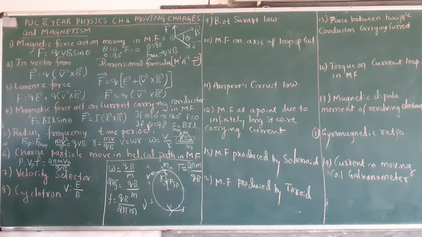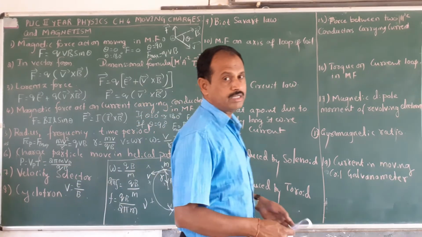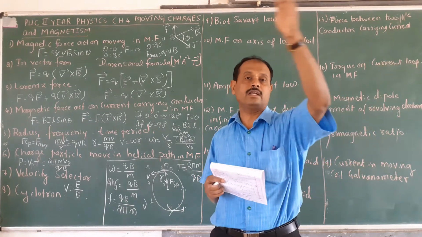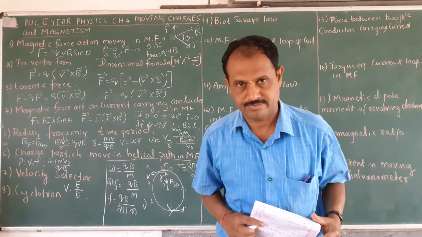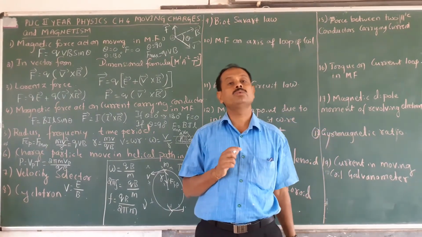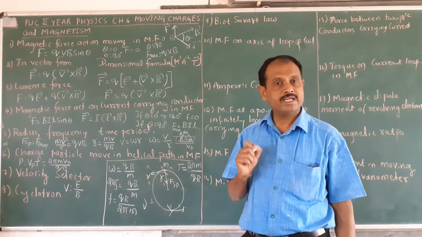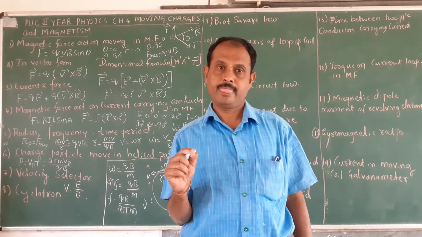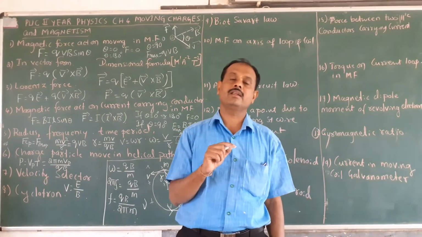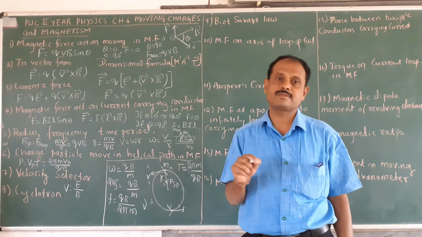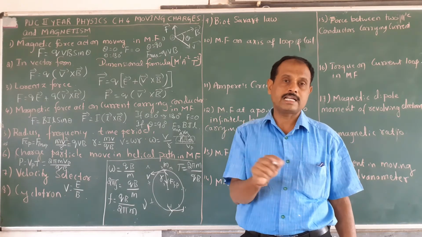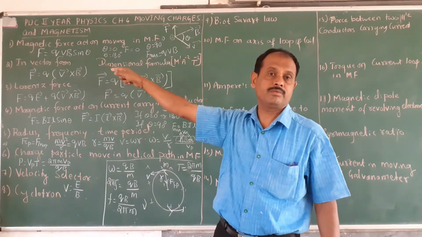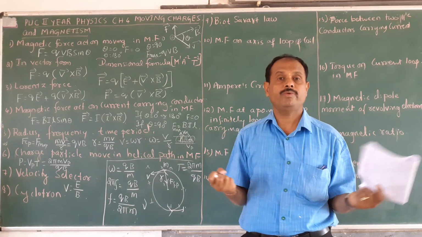Now cyclotron. What is cyclotron? Cyclotron is an electric device. It is used to accelerate positively charged particles. Now it is based on which principle? It is based on the principle that when a charged particle moves in cross fields, the electric field accelerates the charged particle and the magnetic field deflects the charged particle, which helps it move in a circular path. Finally, it is accelerated, and when it comes from the exit point, it has more velocity and more kinetic energy.